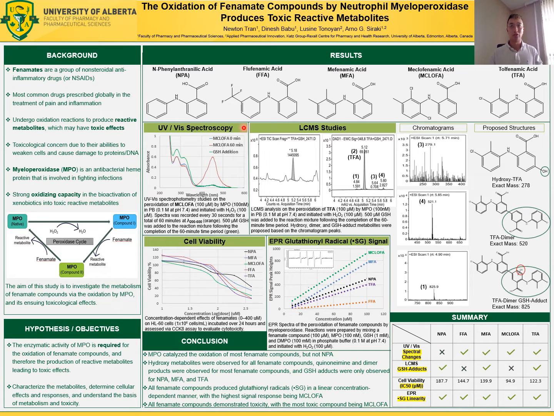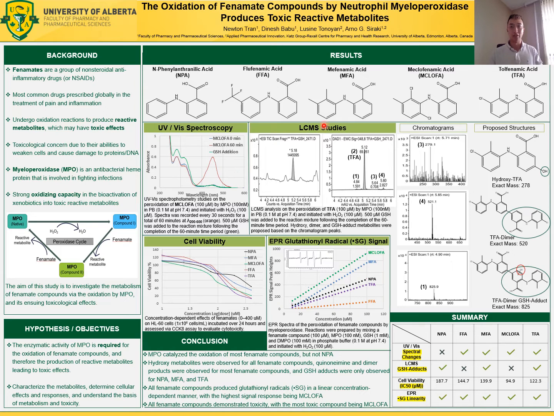Here we see the spectral change from the oxidation of meclofenamic acid at 0 minutes in blue and at 60 minutes in orange, where there is a large peak formation at 450 nanometers, displaying that oxidation is occurring. However, with the addition of glutathione or GSH, this peak disappears. The addition of GSH is intended to observe any formation of GSH adducts with the metabolites,